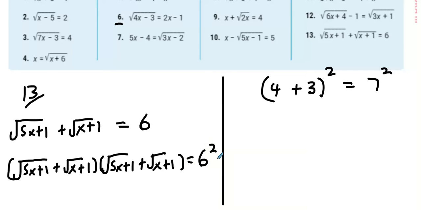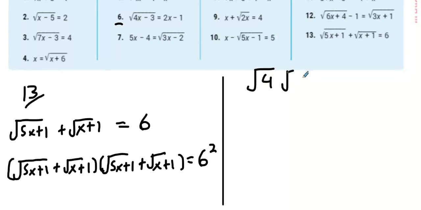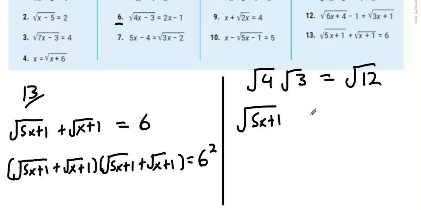squared, which is 36. Lads, now, something I just want to run over, which is here, right? So, back in the day, root 4 multiplied by root 3 is actually root 12. There's a multiplication effect of sorts. So, for argument's sake, if you were asked root 5x plus 1 multiplied by another root 5x plus 1,